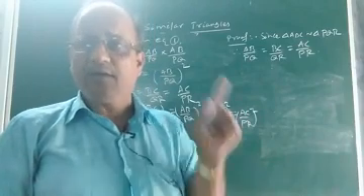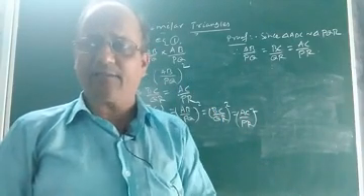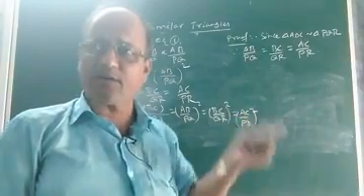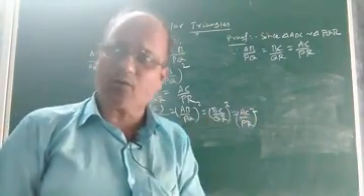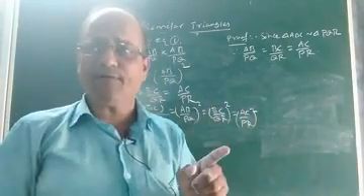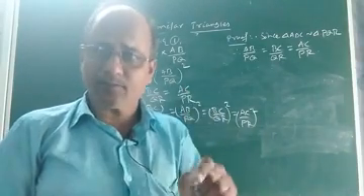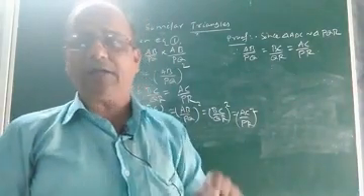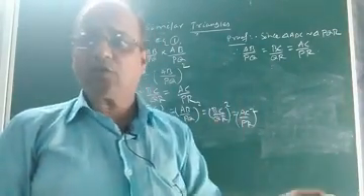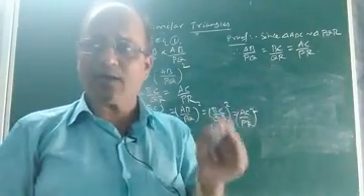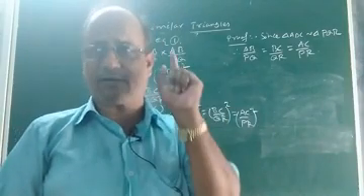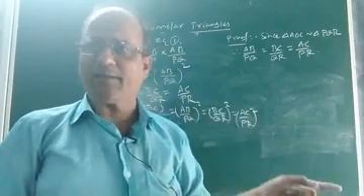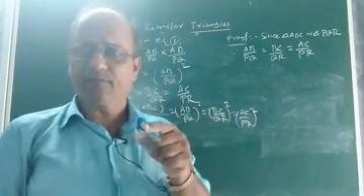I mean, if two triangles are similar, then in a similar manner we can prove that the ratio of the areas of two similar triangles is also equal to the ratio of the squares of their corresponding medians, the ratio of the squares of their corresponding altitudes, and it is also equal to the ratio of the squares of any two angle bisectors. Okay, in a similar manner you will prove these three.